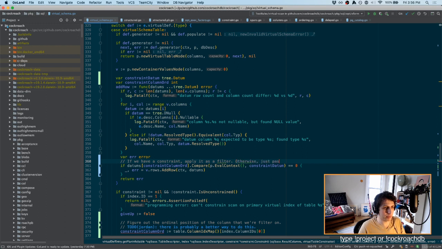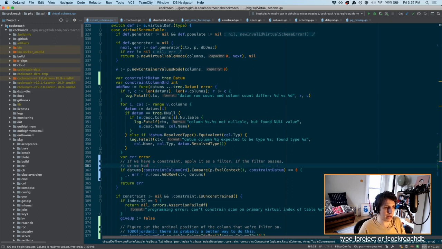Otherwise, just pass. If the filter passes, or we had no filter at all, add the datums to the row container. Okay, so we'll say if constraint datum is equal to nil, or, and then we're going to,